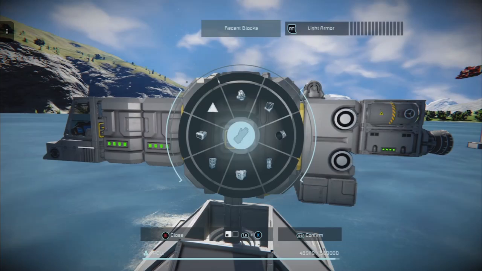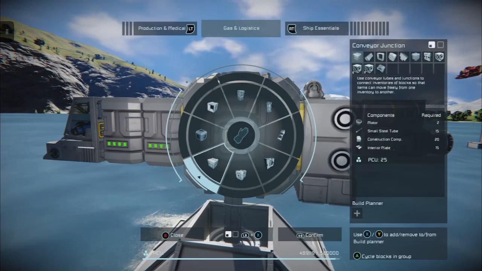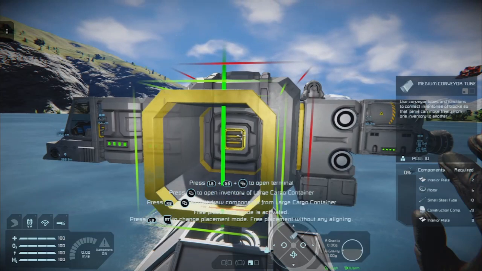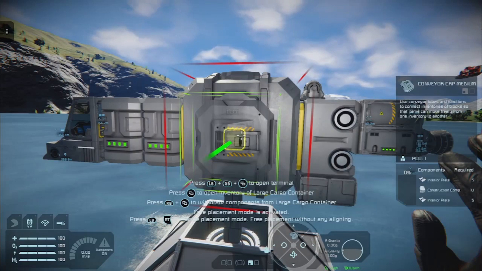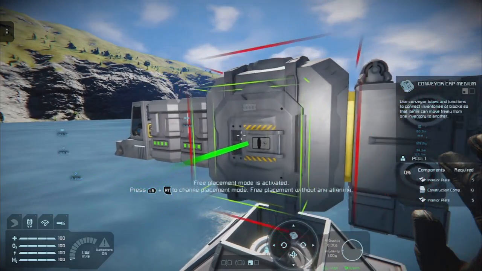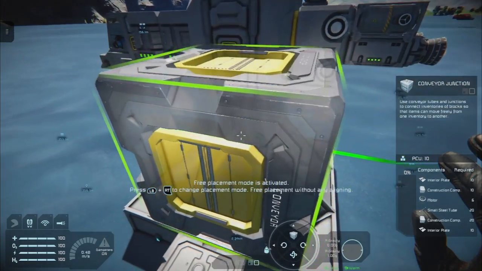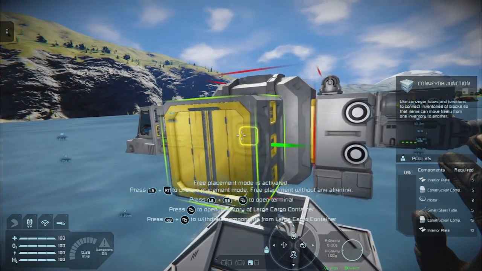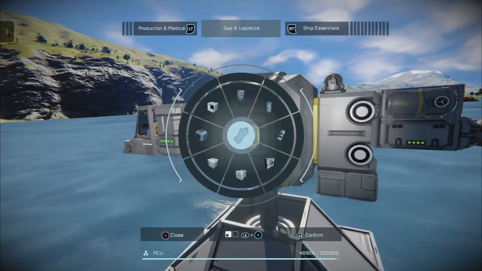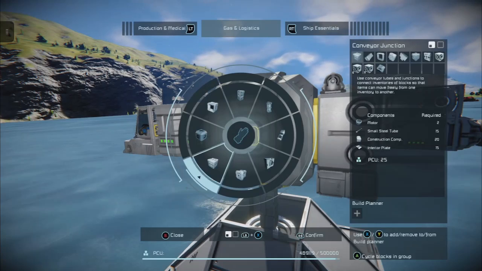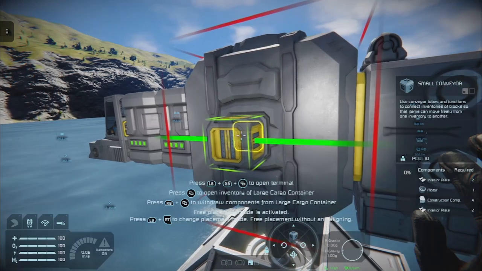So what we can do to make our lives somewhat simpler, just for this very simple build, is what we're after. Thinking about it, just thinking what I want to do. That's it, conveyors. Actually, we can do it like this, be even easier.